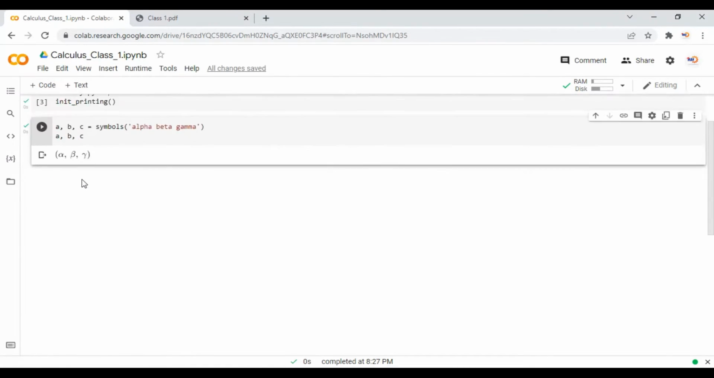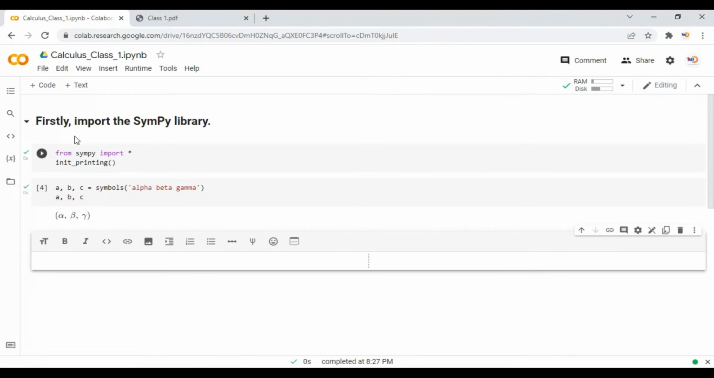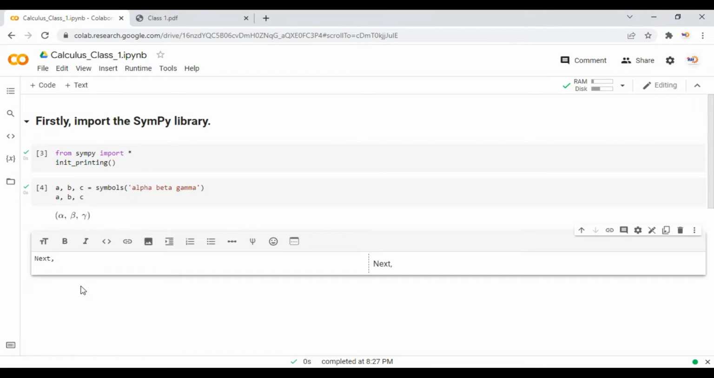And then since we are dealing with calculus, the next thing after all of this is to actually define the symbols. Alright, define the symbolic variables we're going to be using for our calculus. Alright, so since we're dealing with real valued functions, we must ensure that